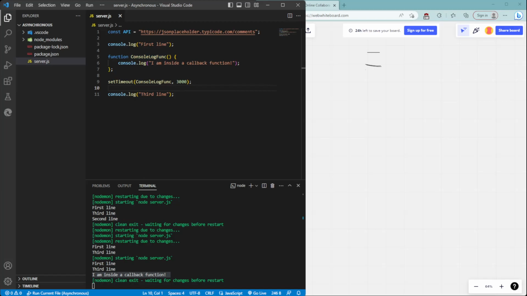And the compiler will understand that and move on to the next line. And that is when it will execute the console log third line. And now, since this is the last line of all the lines of code in this file,